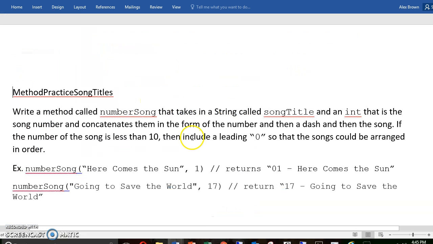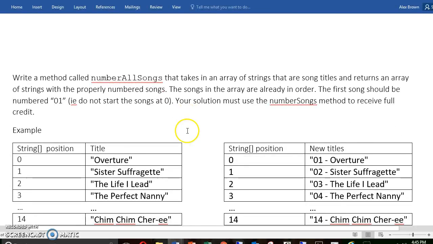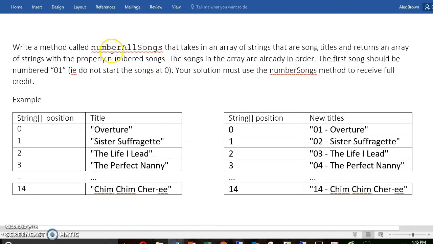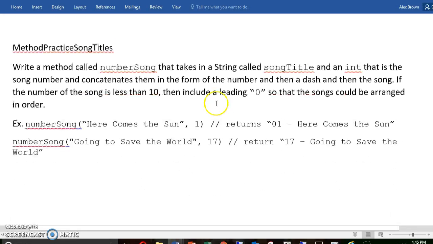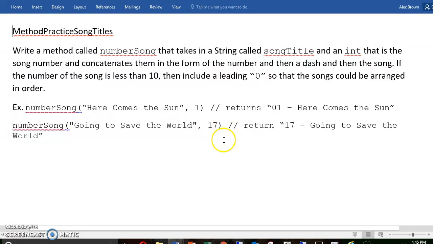So again, the idea behind this one is that we wrote a method that's called number all songs. It takes in an array of strings and returns an array of strings, right? So here's the original array of strings, Overture, Sister Suffragette, The Life of Lead, those are the song names, and then it outputs. So it's a fun problem here that would number all of your songs appropriately. If you can't tell, obviously we are using that original method that we wrote, the number song method,